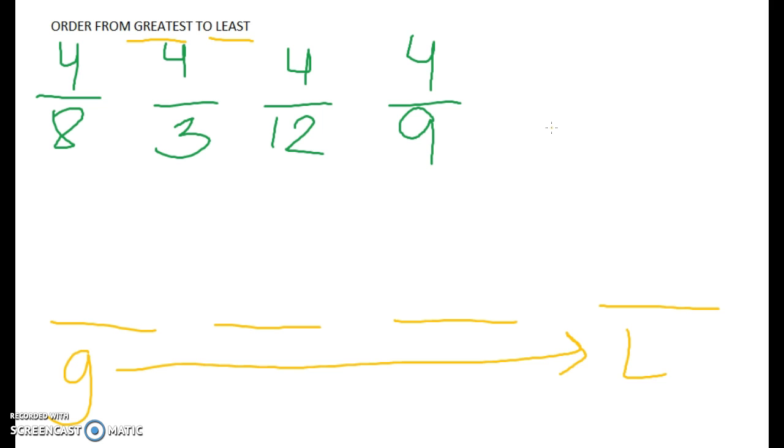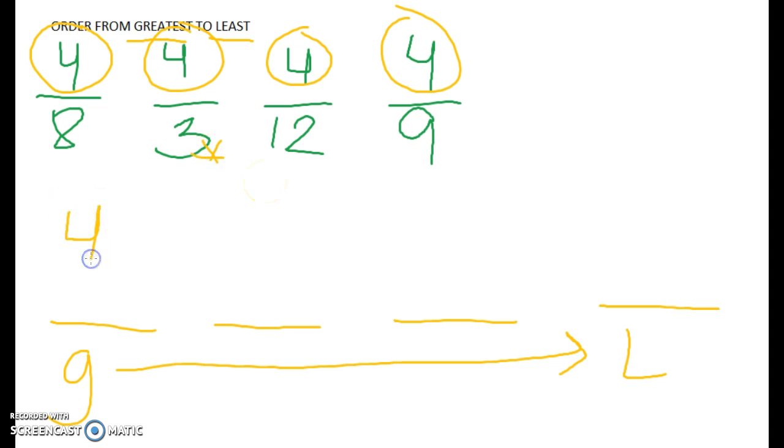Step 2, do the fractions have the same numerators? All of these fractions have a numerator of 4, so I'll go ahead and circle them. Remember that when our fractions have the same numerator, the fraction with the smallest denominator is actually the greatest fraction. So if I look at my denominators, 8, 3, 12, and 9, I want to find the smallest, which would be 3. So 4/3 is actually our greatest